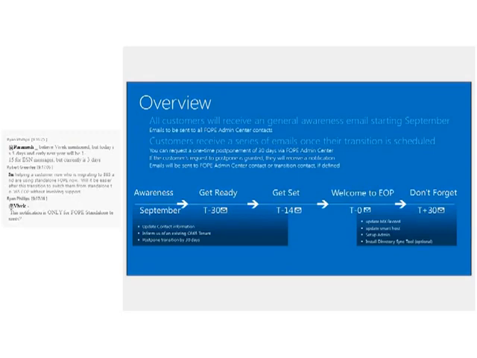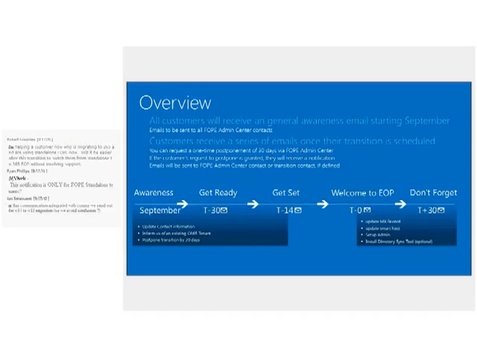So when you see, there are two sets of actions which the end customer needs to do. Right from the awareness to the T-14, or till the transition, what needs to be done is you need to update the contact information correctly. Within the FOPE Administration Center, you need to make sure that you have the correct contact information entered, a valid email address, one which is active. Just confirm that you have the administrator's address entered there. Make sure that the country preference is set as well, because that is how the transition team will determine your location.